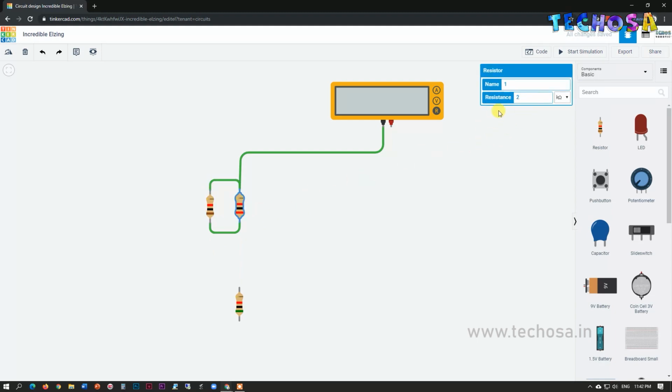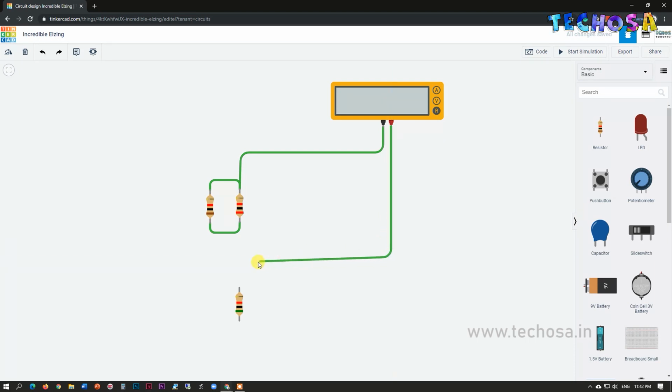And from any one of these leads, we will connect the wire to the multimeter. Now connect the positive terminal of the multimeter to the leads of the resistor. Yes, so we connected the resistor to the multimeter. So click on start simulation. So you can see the resistance value decreased.